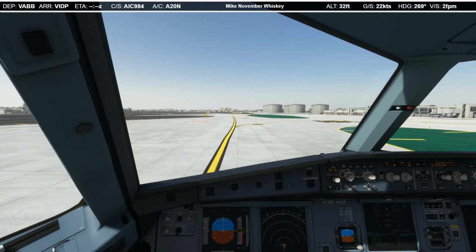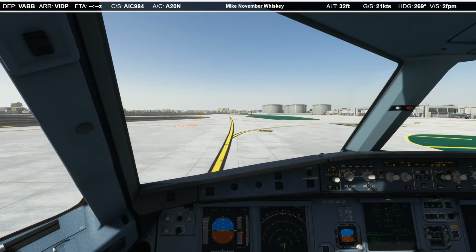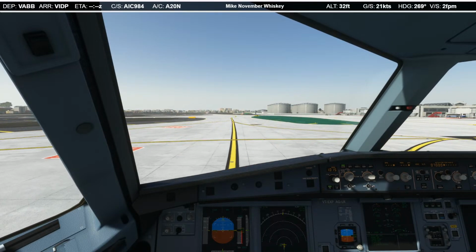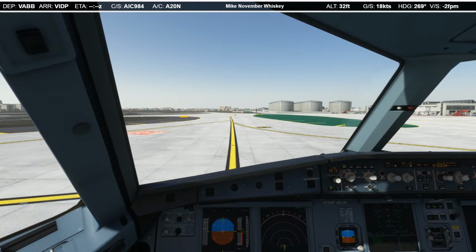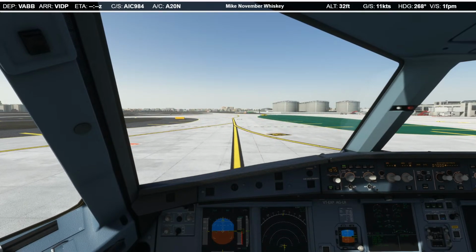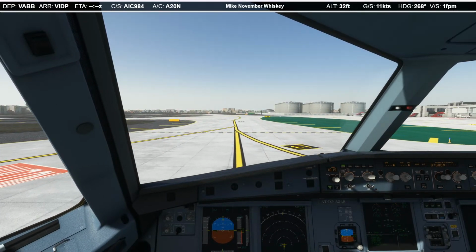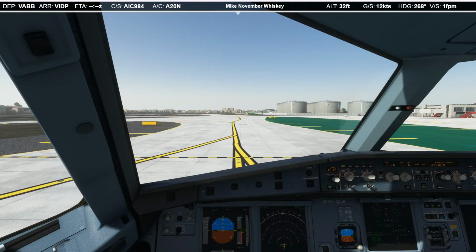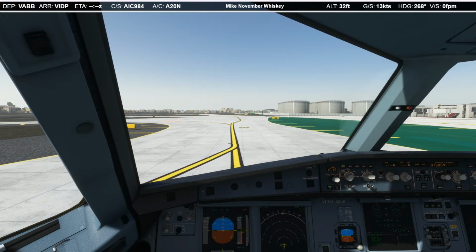Even at idle, the engines are having us roll pretty quick. Make sure I don't miss this turn. This is November 10.